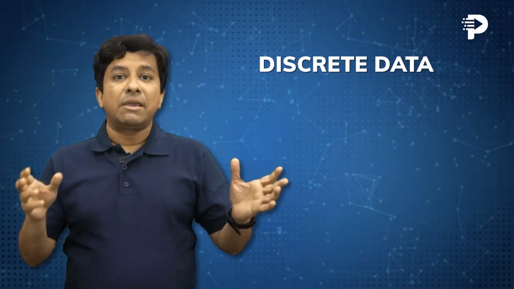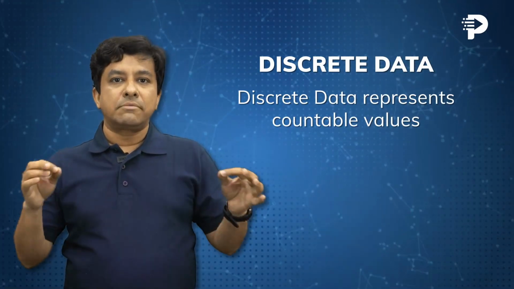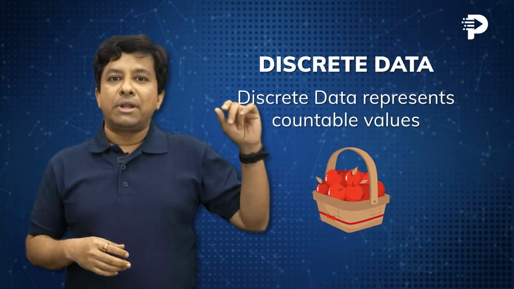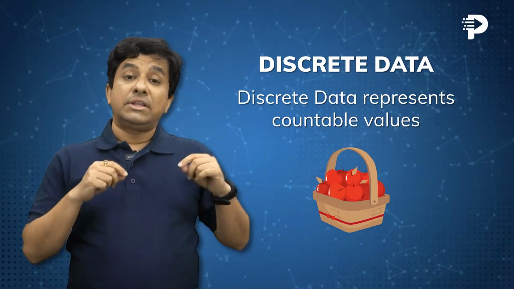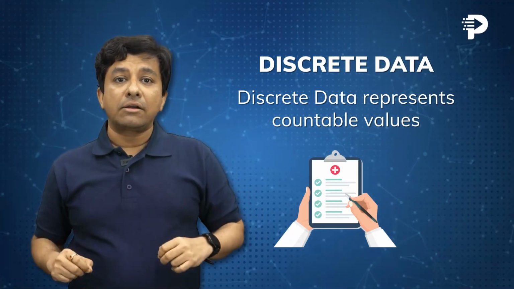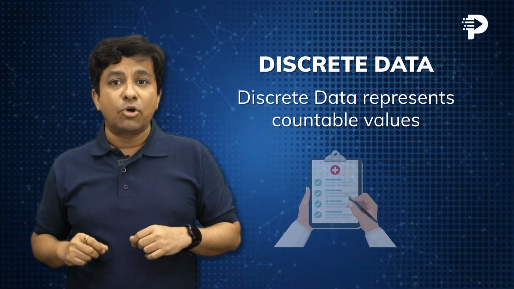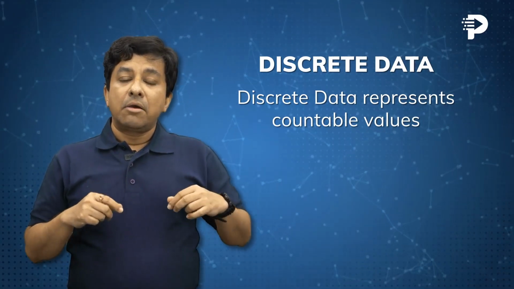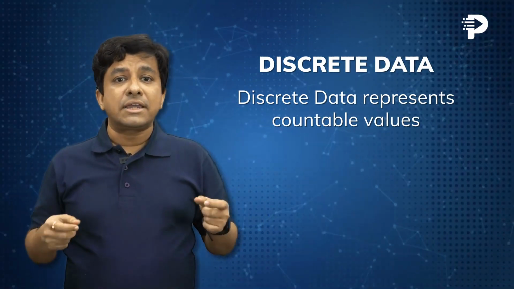Discrete data, as the name goes, represents discrete, countable, finite values. For example, you can think of the number of apples in a basket. You can think of the number of patients treated per hour in the outpatient department, OPD. Can a hospital increase the outpatients per hour without actually increasing its doctors? Let's say for a small hospital with just one doctor, this number is always going to be countable, finite, and cannot even become tens of patients. So this is discrete data.